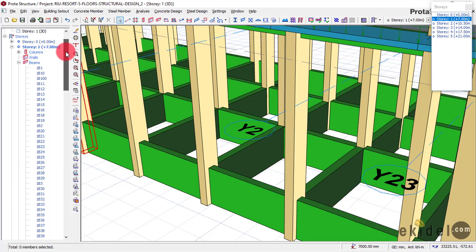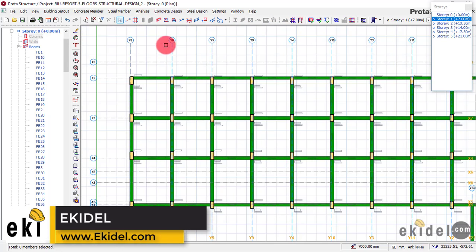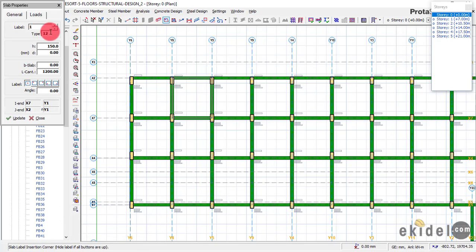Okay, so right now I'll just go back and then go to my plan view here on story 00, and then click on my slab. Now for my slab point, I'll have to come here and then come to this place. On your slab depth, first of all, make it type 1, and then on the slab depth, the minimum slab